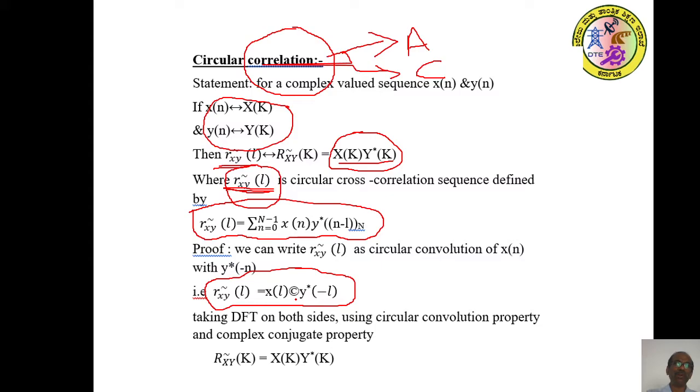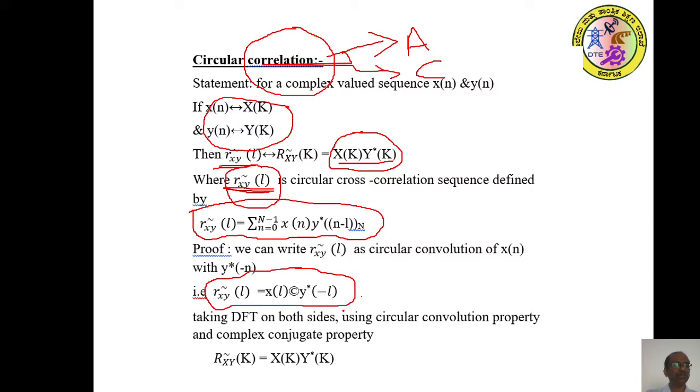In regular convolution, you perform convolution of x of n and y of n. Instead of that, if you fold and take the complex conjugate of the second function and perform convolution, it gives the answer as correlation. So this is a very important concept. Correlation can be computed using convolution by keeping the first signal as it is, x of L, and the second signal with complex conjugate and folding.